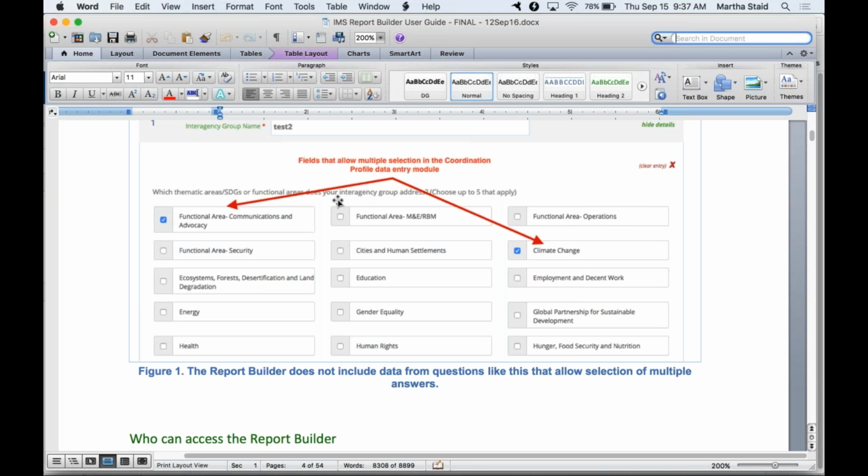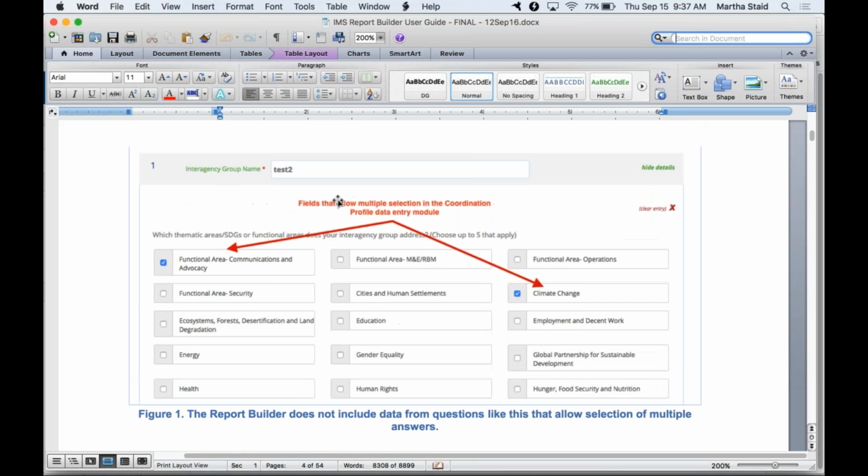There is generally a round selection button, which limits you to choosing one item only from a list. In this case, and this is a screenshot from the coordination profile, it's square checkboxes, which means that you can, and it notes it up here, choose up to 5 in this particular case, items that apply. This data from these specific fields is also not available within the system. It can't be parsed in the correct way by this kind of analytical tool.